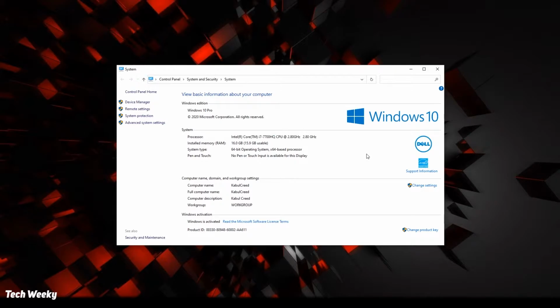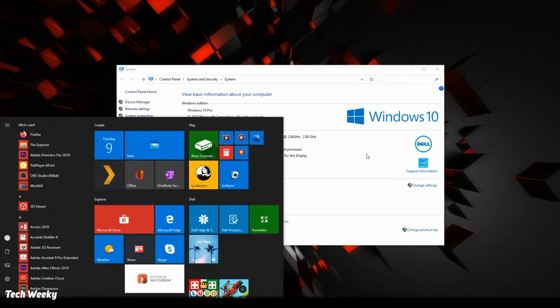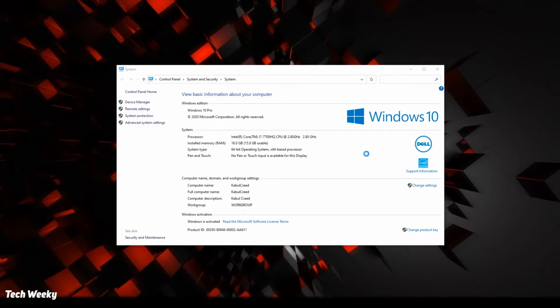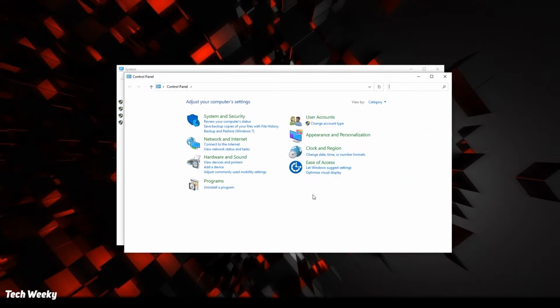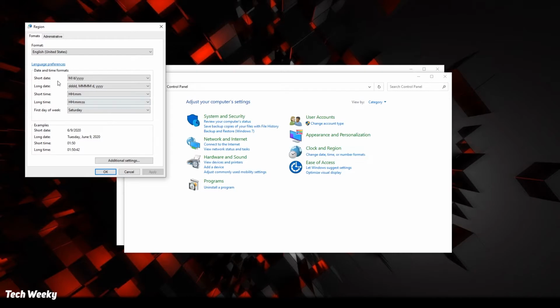You can find it if you check your control panel and click on region, you can find the add new language or any language option here. Just click on change date and time, and it will show,